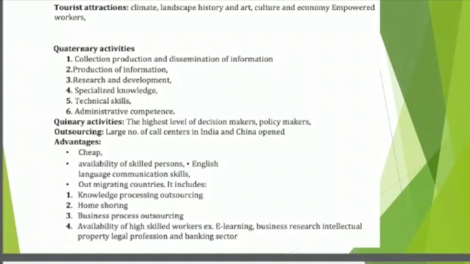This culture and economy also attract tourists at a very large extent. Why? Areas having rich culture attract people as they go there to experience unique and the local customs. Southeast Asian countries like we have Malaysia, Singapore, Indonesia. Why they call